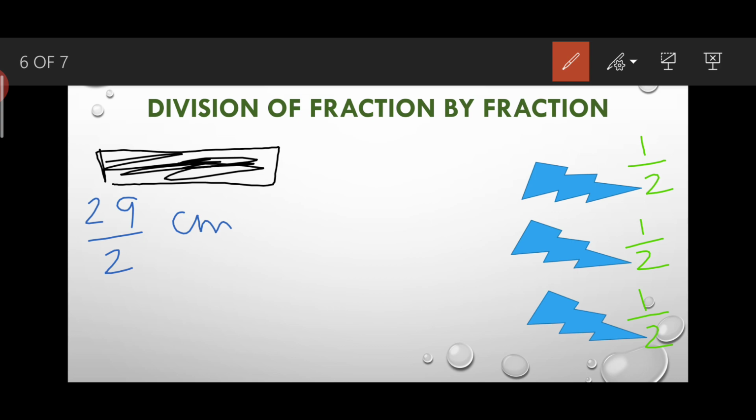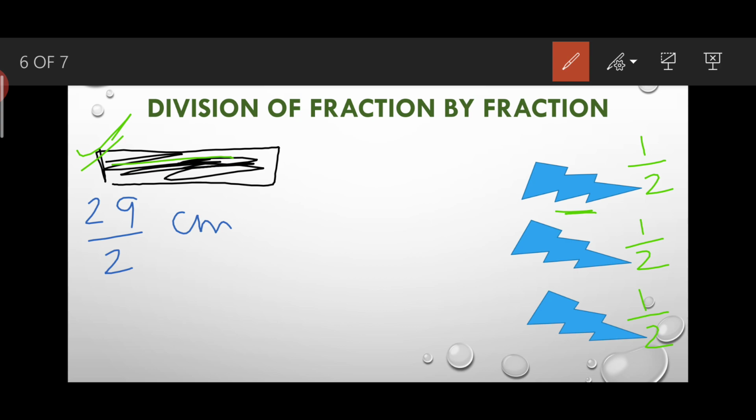Okay, what is the condition till now? You are having a piece of paper and you have cut out designs from the paper whose length is 1/2 centimeter. So you have to tell me how many such designs or shapes you can cut from that particular paper. How many designs of 1/2 centimeter you can cut from that paper, you have to tell me.